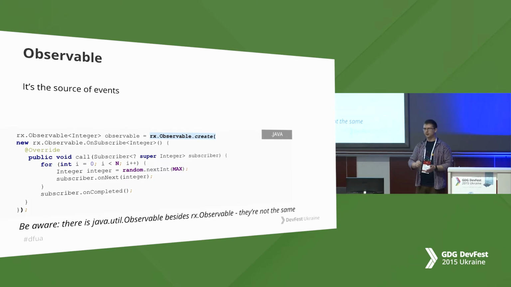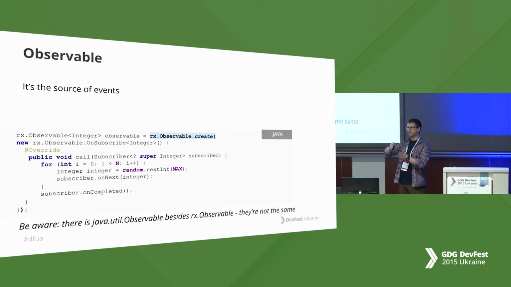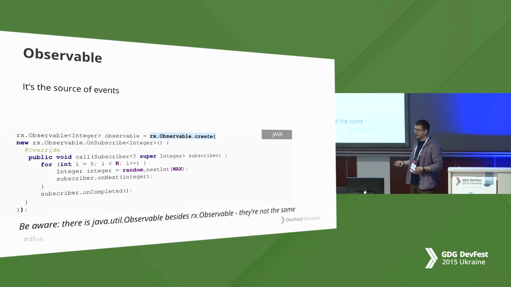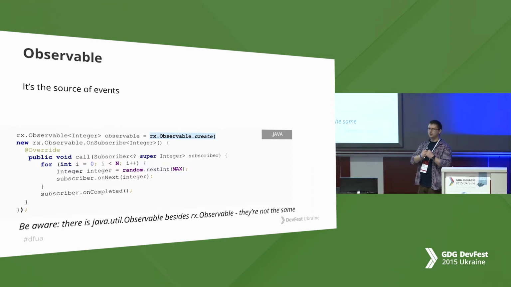Our events come not only in the collection in their material order, but also in the timeline. So we can put somewhere here some Thread.sleep, for example. Make it asynchronous, and it will work. So it's not just a collection, it's a collection of data, for example, from some thermometer. So one note, there is also Observable in java.util. So when you bind the RxJava library to your Android project, don't write Observable blindly, because it can be java.util.